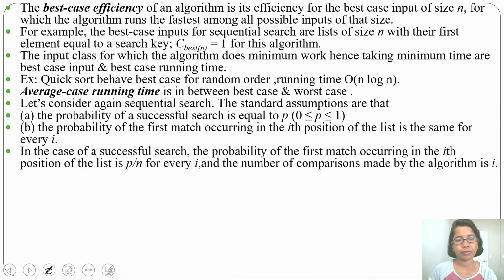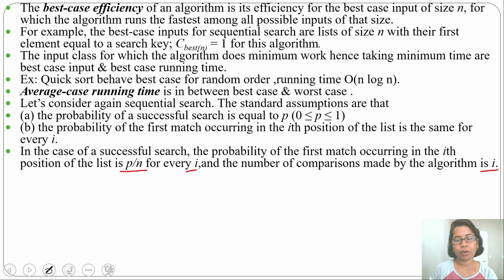First is successful search. In case of successful search, the probability of first match occurring in the ith position of the list is p by n for every i, and there will be i comparisons.